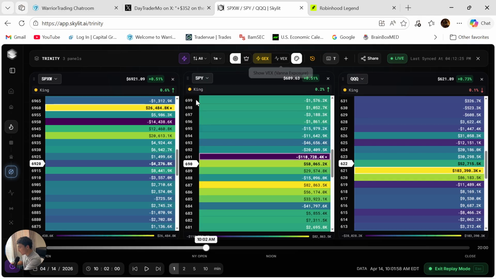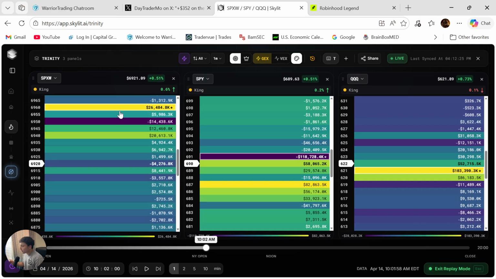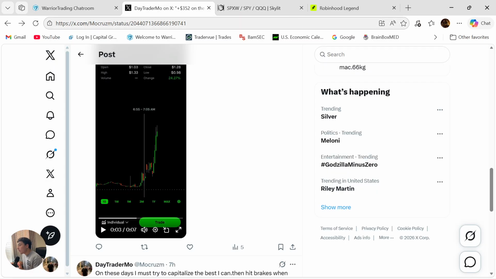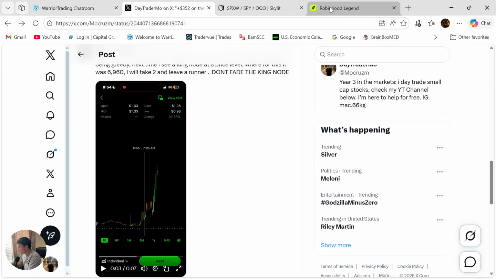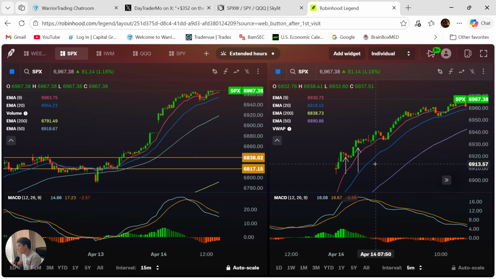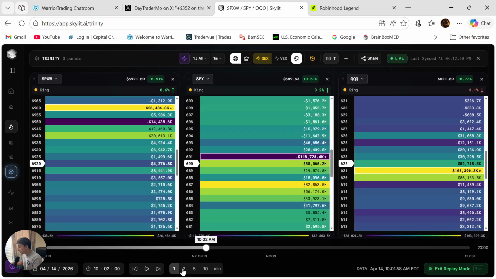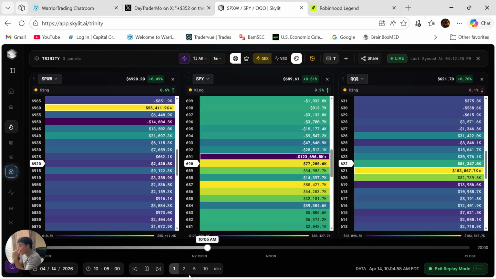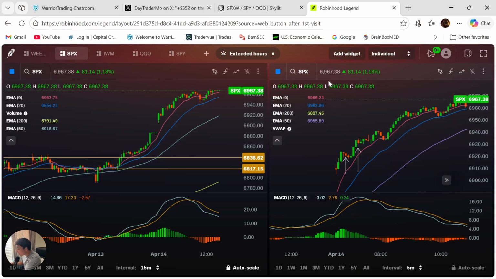So on here, as soon as I noticed that, I'm like, hey, there's a little bit of a disconnect between the SPX, SPY, and the QQQ, but on SPX this order is building up, and I'm like, hey, I can't ignore that. That means something, and I took my profits. I know how very risky trading SPX can be, and that's why I took my profit. I didn't expect to hold it, but now seeing it with my own eyes, if the chart is respecting its trends, and we're having a consensus between all three nodes, then I can hold. I can maybe buy two, take profit on one, and let the other one run.